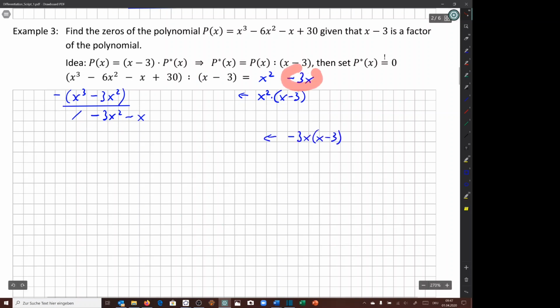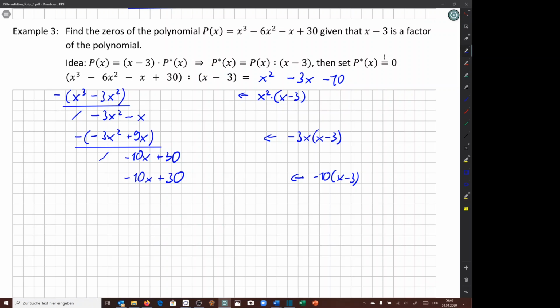We take this result, minus 3x, and multiply it with x minus 3, and we expand it. We get minus 3x squared plus 9x, and we subtract that. The x squared cancel out as it has to be, and here we get minus 10x. Let's take the plus 30 down from up there. Now we have to divide the minus 10x by the x here, and we get minus 10. We multiply the minus 10 by the x minus 3, expand it, we get minus 10x plus 30, we subtract that, and we get in the end 0, which means that the original polynomial is really divisible by the